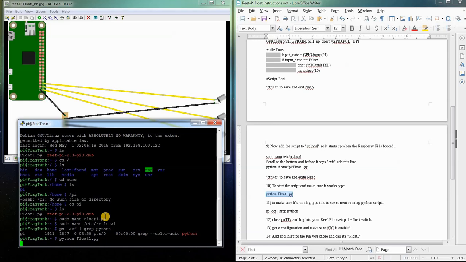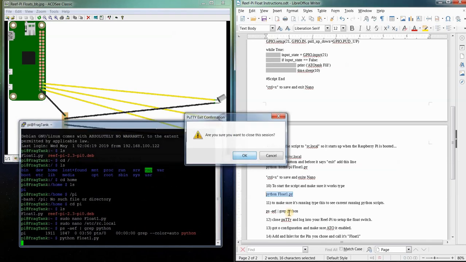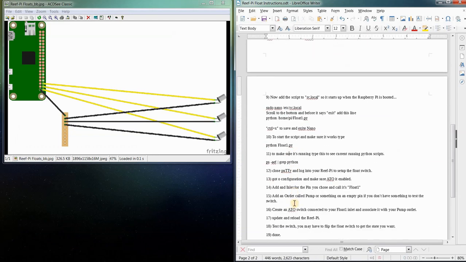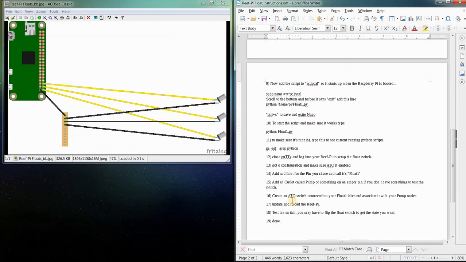Or it's going to pump out an error message saying error line whatever. Then you go back in and take a look at it. It's probably a spacing issue. You fix it and you come back out and sort it out that way. That's a little way to problem solve it. Right now that's working. So now we have to go over and set up the float switch in the Reef Pi. So